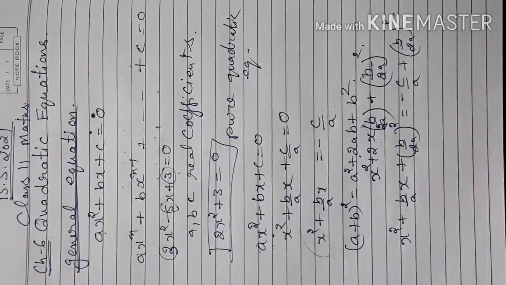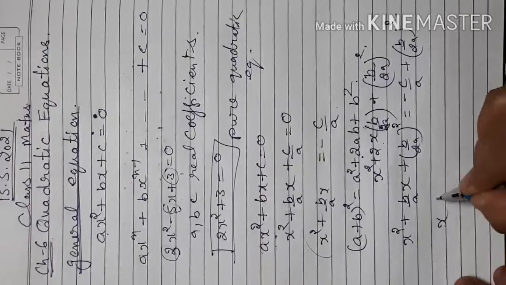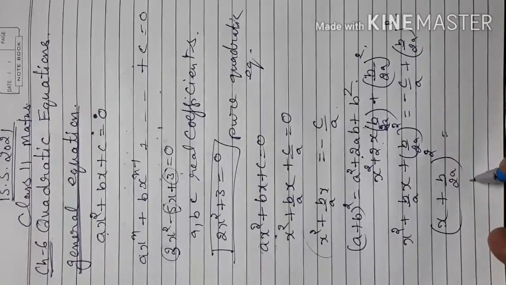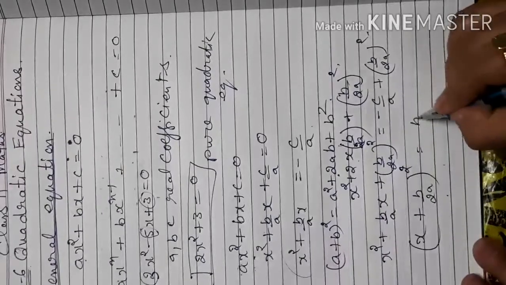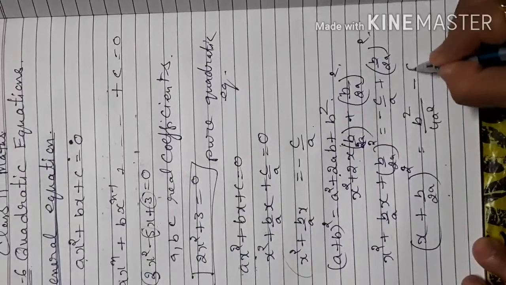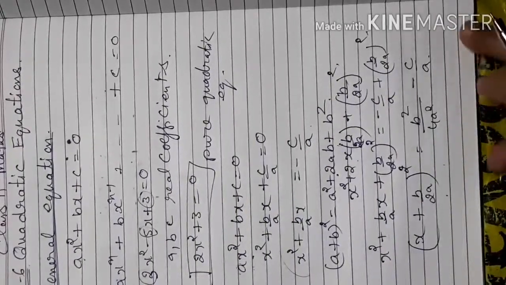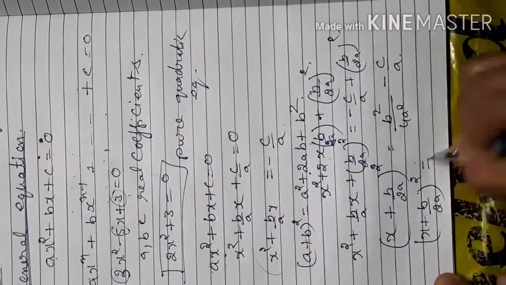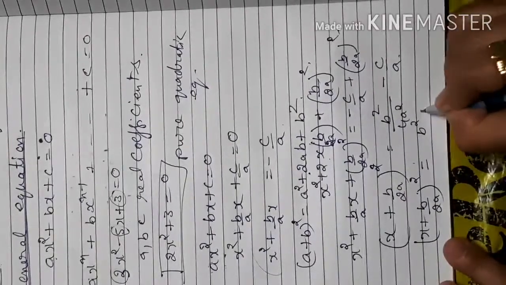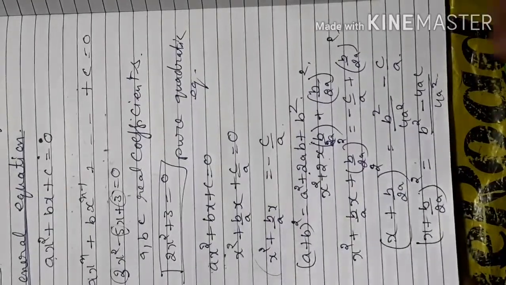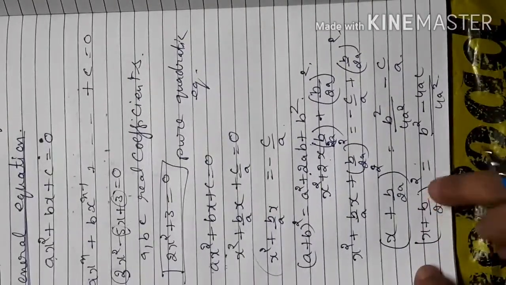Okay, so here now my perfect square is prepared. I can write directly x plus b by 2a whole square. These three terms are converted into a plus b whole square, and here I just open it, that is the positive term, keep it in the front, b square by 4a square minus c by a. Now I take the LCM on the right side. So x plus b by 2a whole square is equal to b square minus 4ac by 4a square. Okay, so now I take the square root on both sides to cancel this square.